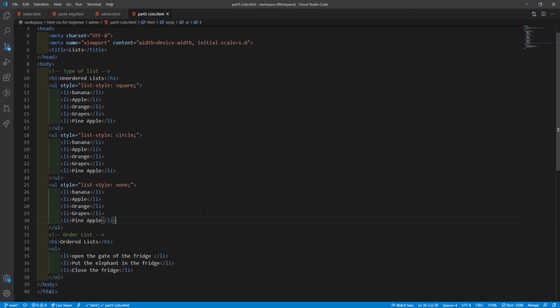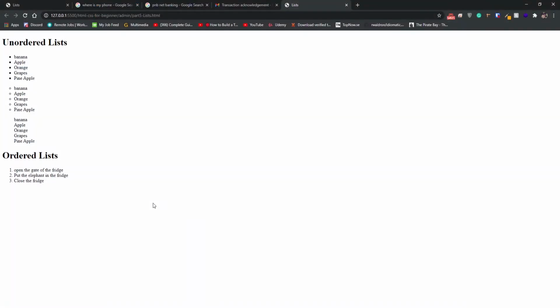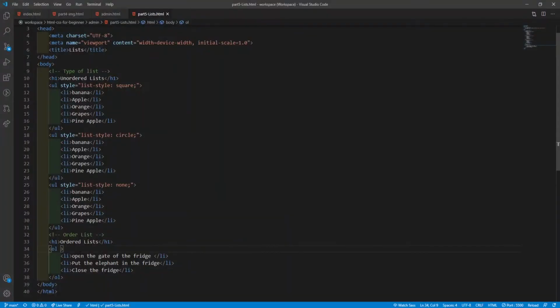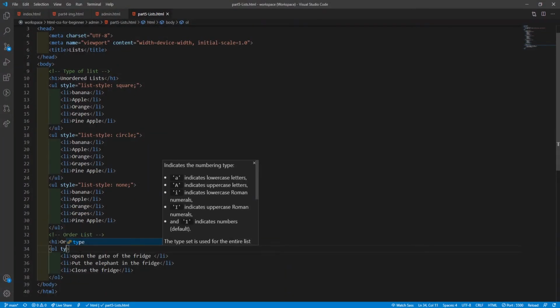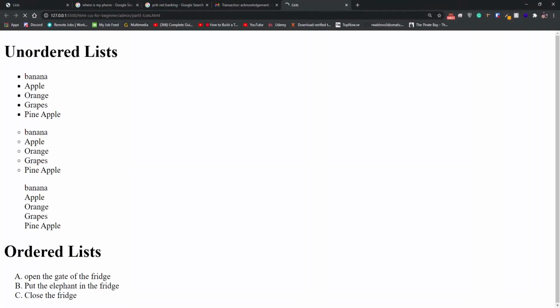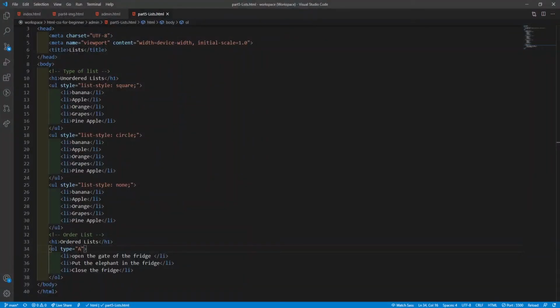Now let us check in the browser. Now there is a list with a number pattern 1, 2, 3, and we can also change this number pattern. Add the attribute type in the OL tag and the value as capital A. Now it changed to capital ABC, and now change the value to small a